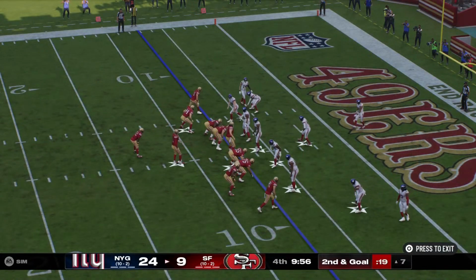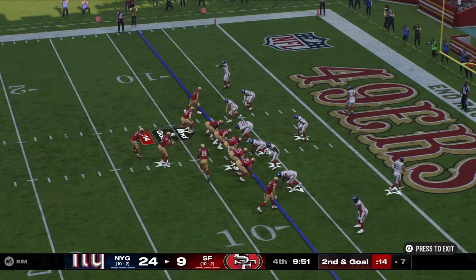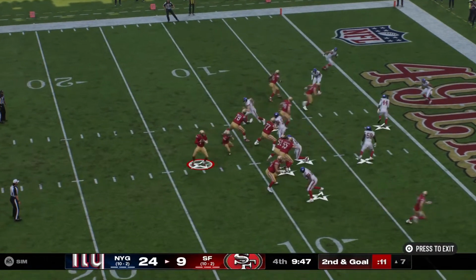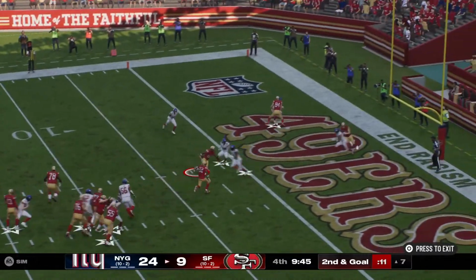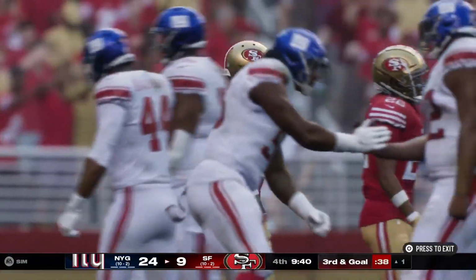Second chance at 6 here. It's 2nd and goal. One of the tight ends in motion left. On 2nd and 7. Has it in close. And he's brought down real close to that goal line at